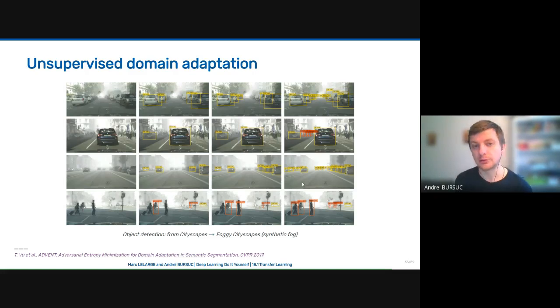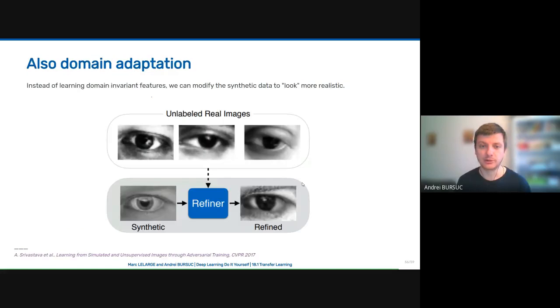So domain adaptation can have different applications in industry, because there will always be some new data that you haven't seen, or some new conditions that you want to address, or some new sensors. Your sensor might change, your camera might change to a different resolution or something like that, and it comes in handy at that time to use domain adaptation. And finally, another type of domain adaptation that we can encounter in practice is